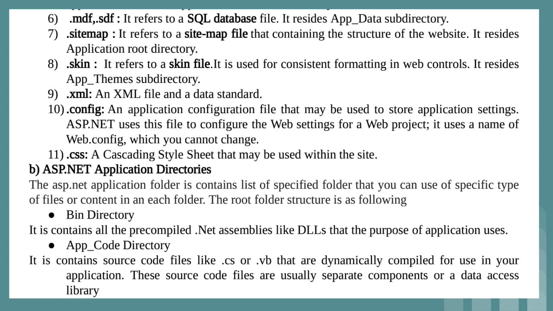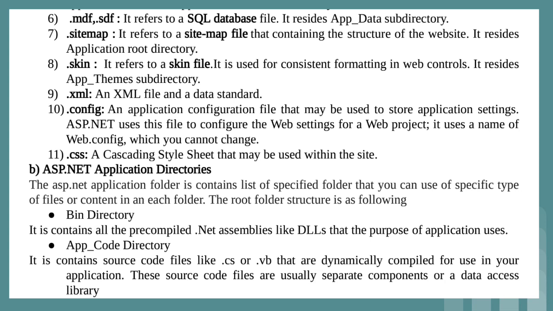And the last type of file is .css. That is CSS, again you know, Cascading Style Sheet. If you want to create a more attractive, more beautiful web page, then in that situation we have to add extra features to the HTML tags. And that is possible with the help of the .css file. So this is the first element under the anatomy of an ASP.NET application.